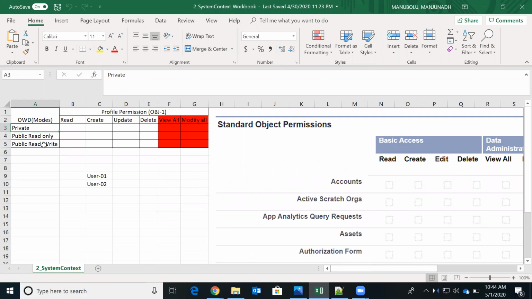These three modes are available for all objects, all standard objects plus all custom objects. Custom objects are the objects created by us, and standard objects are provided by Salesforce on the platform. So we can select only one permission per object from the OWD. We cannot select three at one time for one object.